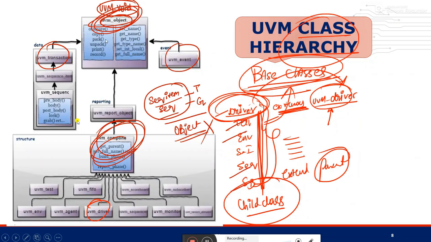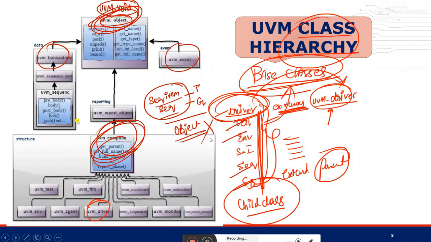And ma'am, what is this copy, clone, compare? This is a separate topic. Tomorrow I will explain that, because I should take a lab for this. I will take a lab and then explain how to use these inbuilt methods. Today I'm just telling this is the diagram, and according to our class code, the first line you should update.